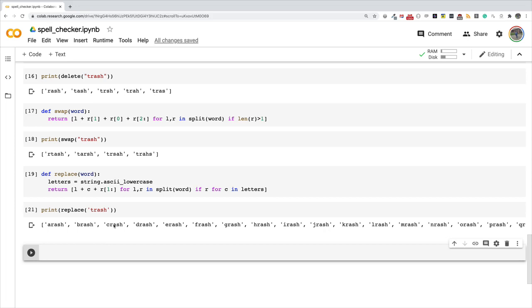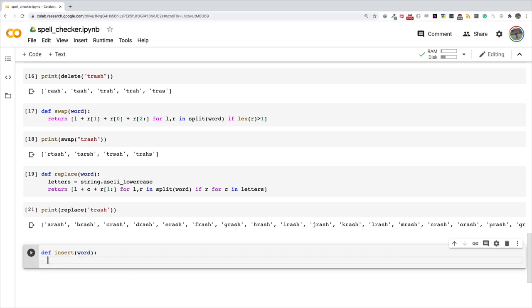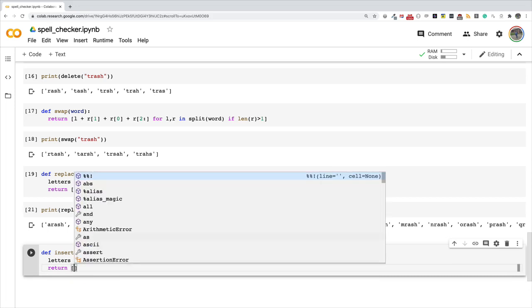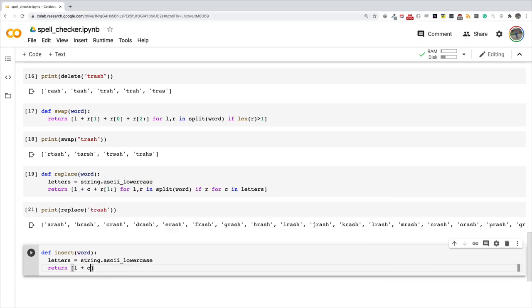Okay, so now let's implement our last edit operation, which is the insert. The insert also takes a word, and what's going to happen is we will need our letters again, because it is letters that we will insert. So string.ascii_lowercase, and it's going to return L plus C plus R for